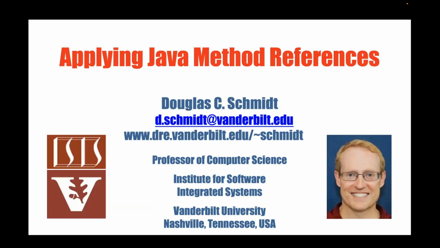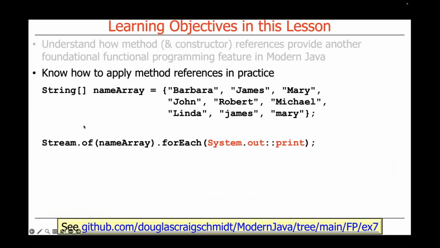So now that we've talked about what a method reference is, and I've talked through the different types, let's show an example of applying Java method references. And we'll look at a whole bunch of different examples as we go through the material. This particular example can be found in the EX7 project in my FP folder in my Modern Java GitHub